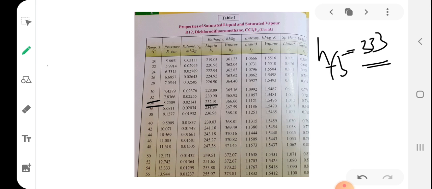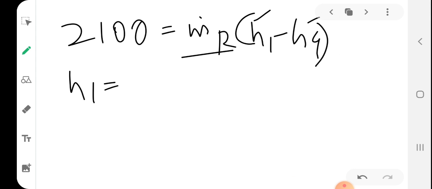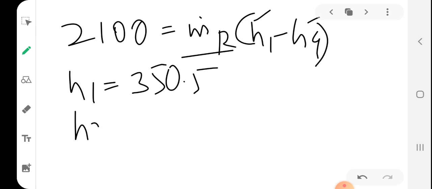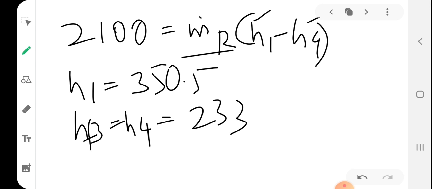Okay. So you have to find it accurately. For the time being, I am just approximating. So you substitute these values here. H1 is how much? 350.5. H3 is HF3, equal to H4, is equal to 233. So you will get